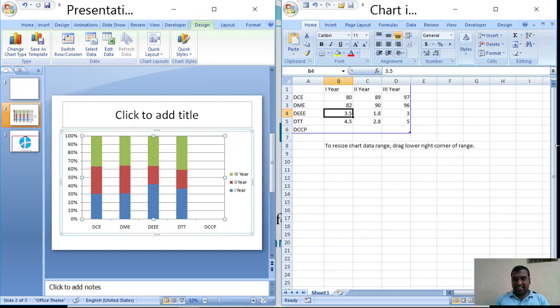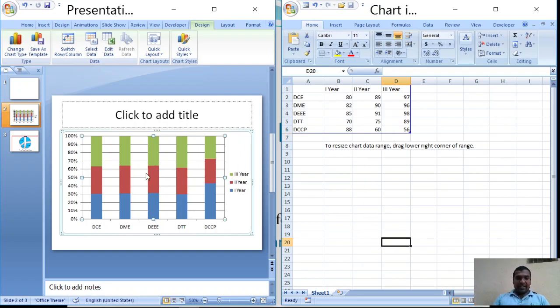Here I am updating the data by navigating among the cells of the data source. So 85%, 91% and 98%, 70%, 75% and 89%, 88%, 60% and 56%.